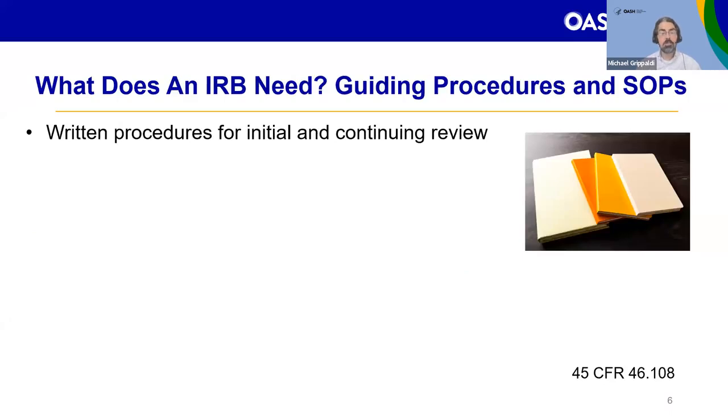So the regulations do a great job of providing the requirements for IRB approval. If you're interested in those, my colleague Mariana did a fantastic presentation on the 111 approval criteria last week. That will be available for viewing on our website shortly, as well as this presentation, and the slides will be available in due time. What the regulations do not do, to the celebration of some and the chagrin of others, is tell institutions how to implement these review requirements.